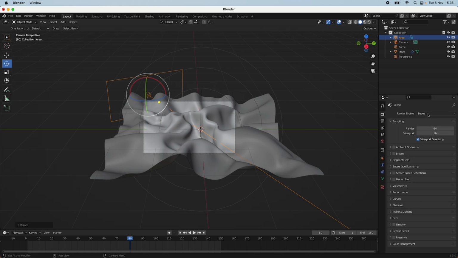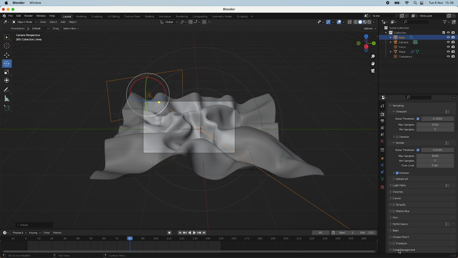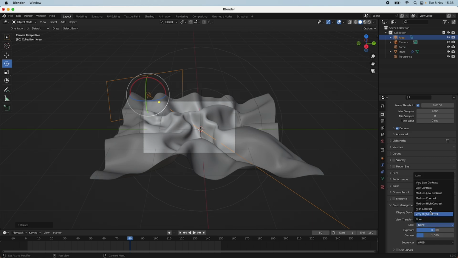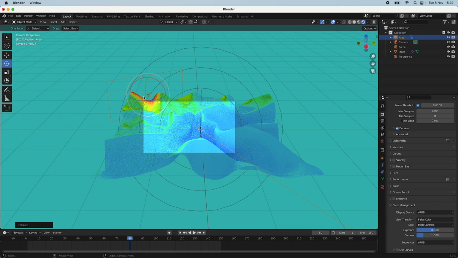So now if we go into the Cycles render and go down to the color management, I will also set it to high contrast, because more contrast in this sort of image just gives it a bit more detail, and makes it look really realistic. Something that you can also do is go into the Filmic and choose false color, and this will really help you set up the light and the amount of highlights and shadow, and what is blown out, and what is not blown out. So if you go down here, you can see we have this area up here that is really blown out,